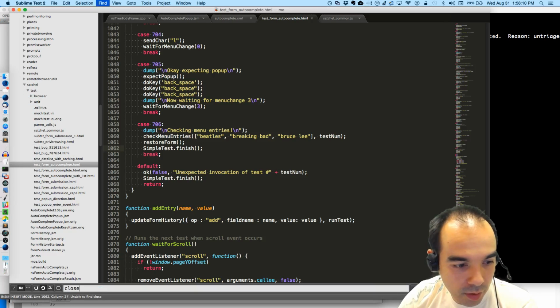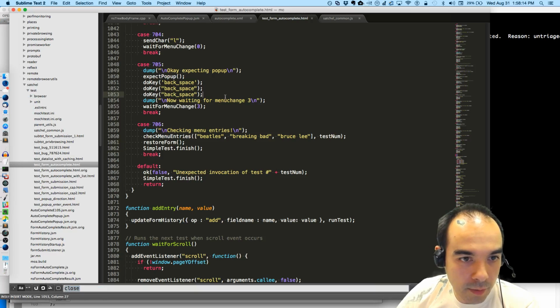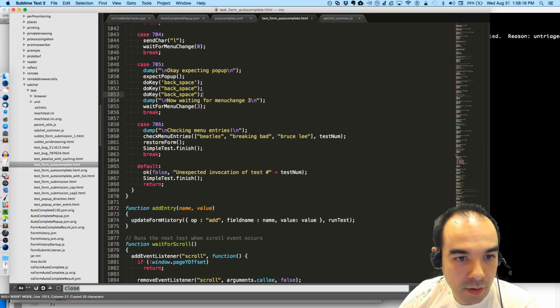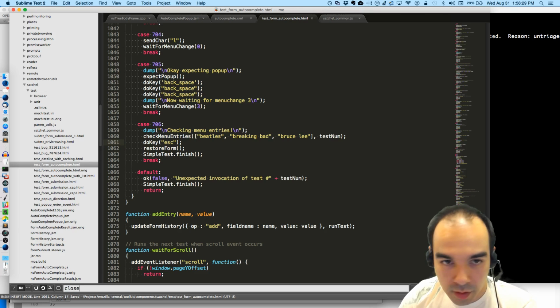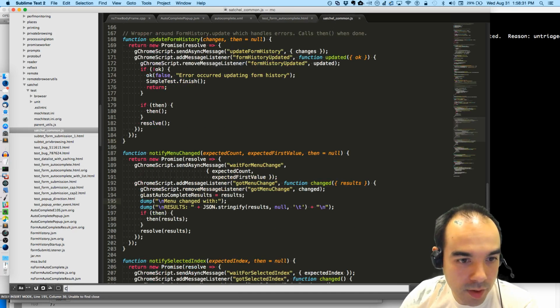Close. Is there anything about closing the pop-up? Do key escape. Do key. So is there something about closing?